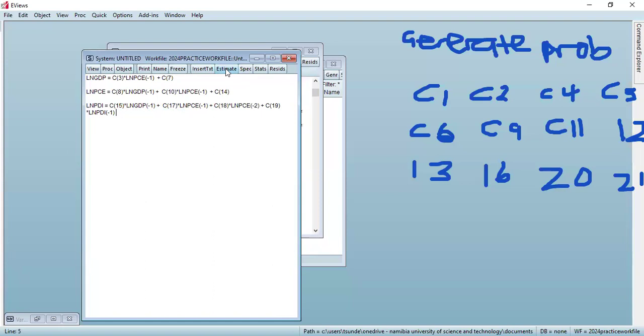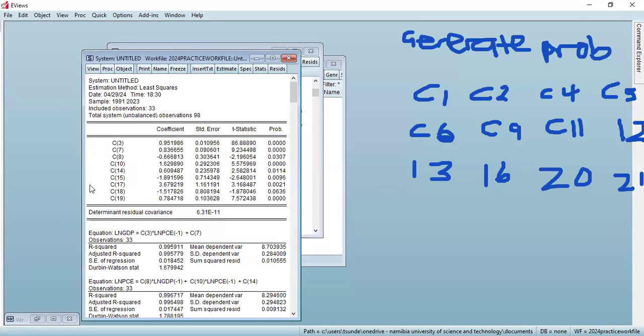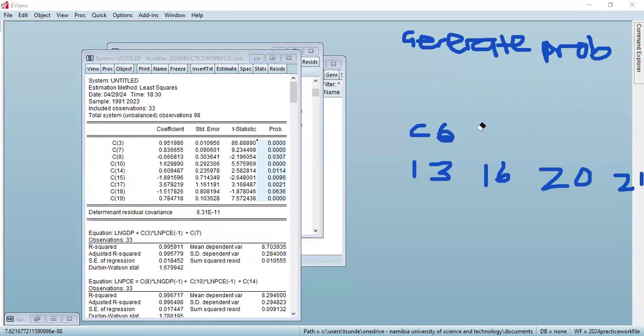I want you to pay attention to the results that we get here. Look at these results. Can you see? Almost everything is significant. Can you see that? So this is a smart way of doing it. Instead of following the lag length that is suggested to you, you can ignore it and do what I've done. Then you eliminate those